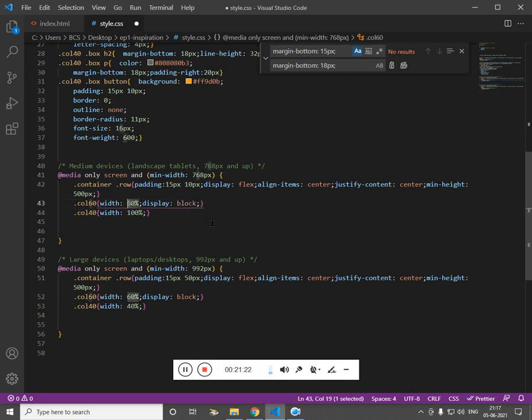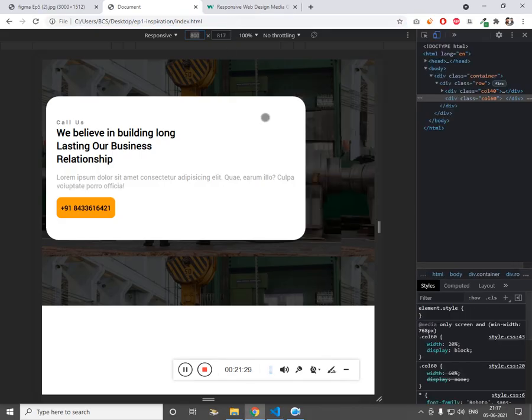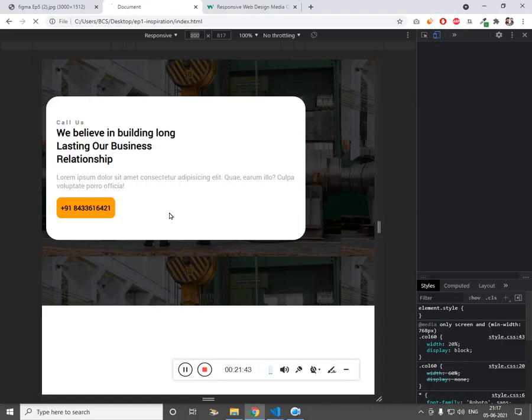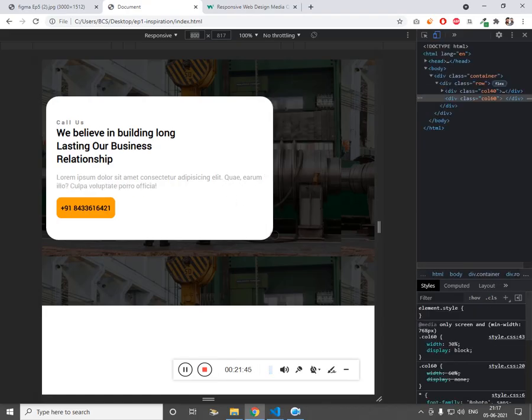So let me refresh. So that's looking good. Let me increase the width of the left column and decrease the width of the right column. Let's say 70 for the tablet.